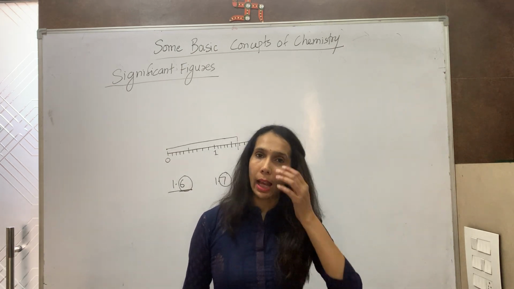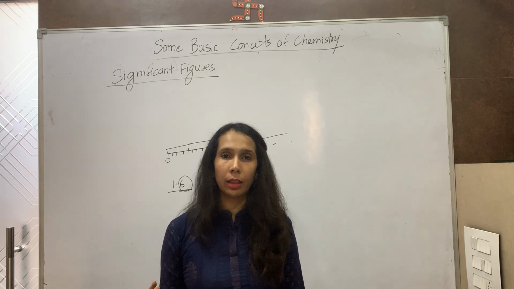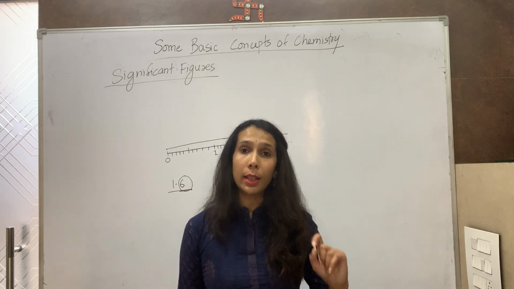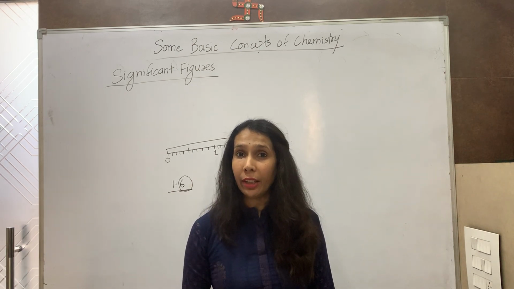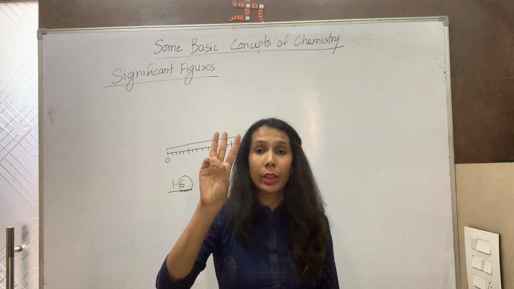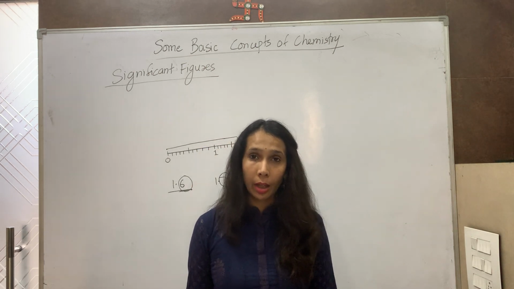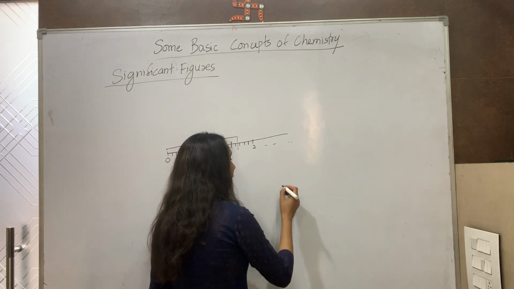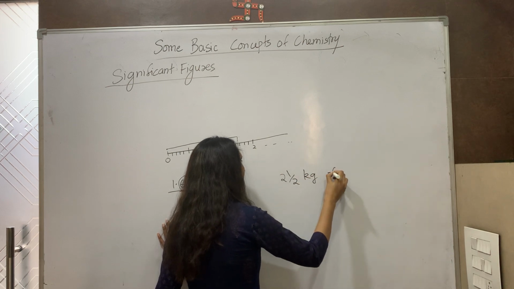Let us take few more examples. We go to a market, suppose a fruit seller, vegetable seller, they have got digital balances. Digital balances which can weigh in kg and grams. When they are weighing in grams, they can measure till 3 decimal places. Generally, it may vary from one to other, but till 3 decimal places. So I said the shopkeeper to give me 2.5 kg. I wanted 2.5 kg of grapes.